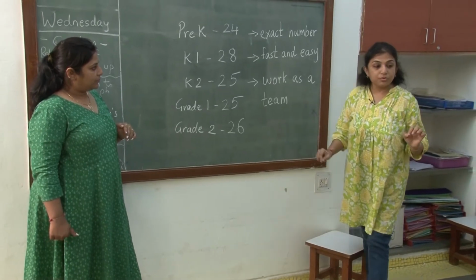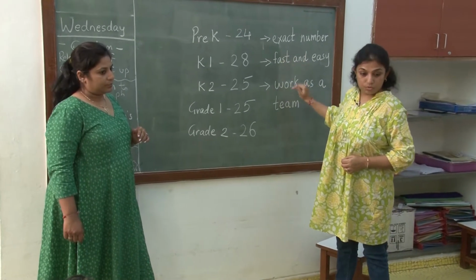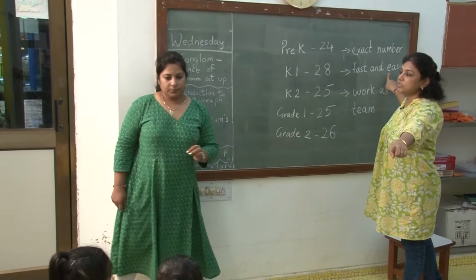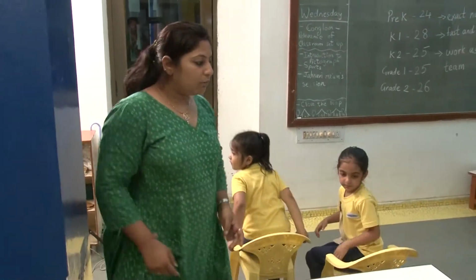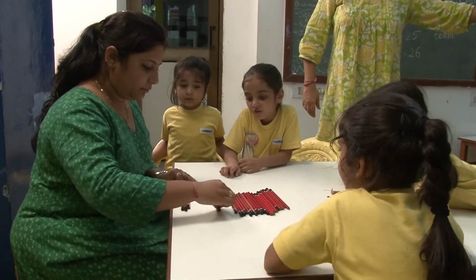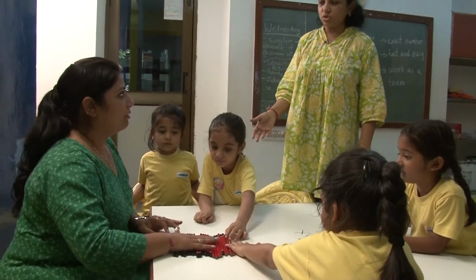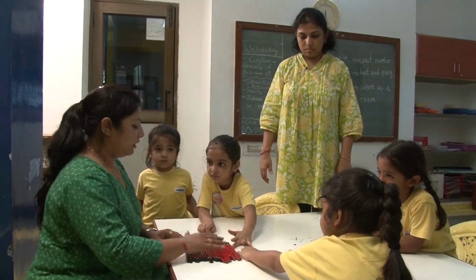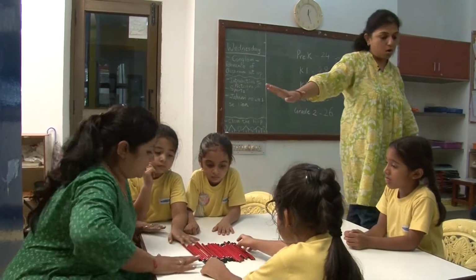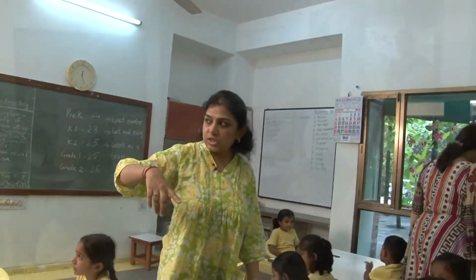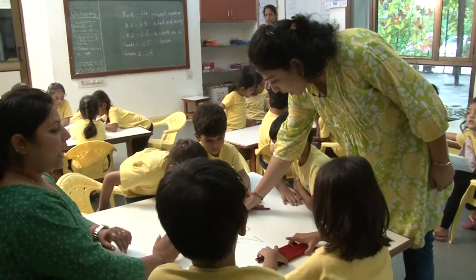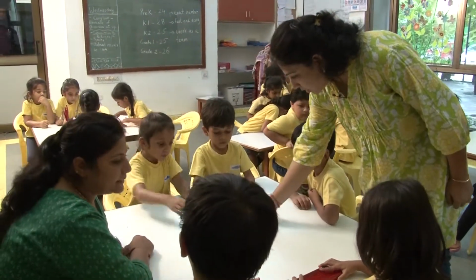Okay. Now you have to tell me whether each one of you were able to do it or not. Can you check, ma'am, whether it is a fast and easy method to count? How I have to count the pencils? Ma'am, do you think this is fast to count? No, I don't feel that. It takes time. 1, 2, 3. You are taking time. Okay, this group is not fast. Okay, ma'am. Now let's check the next group. Do you have the exact number of the pencils? Yes. Okay. And what is your method to count the pencils?